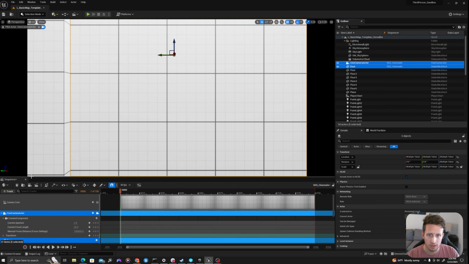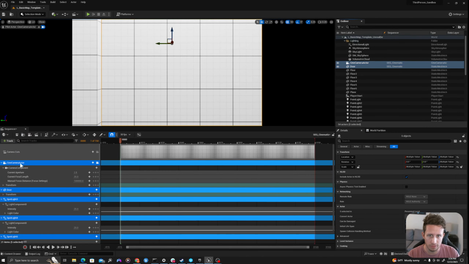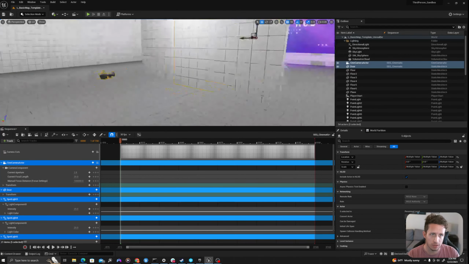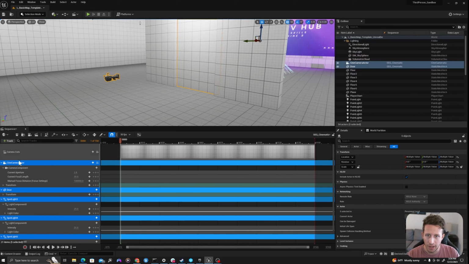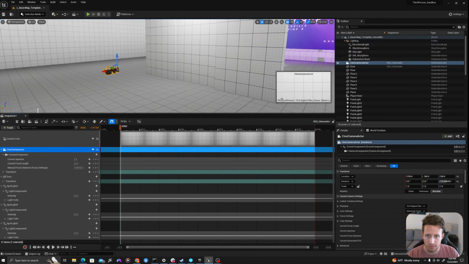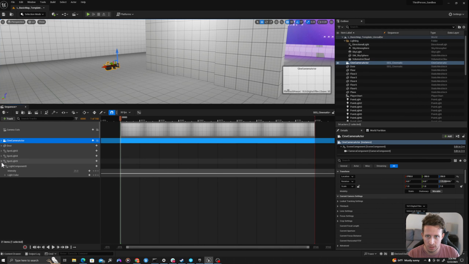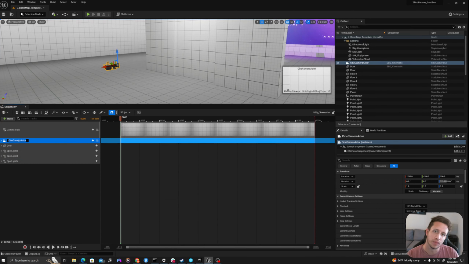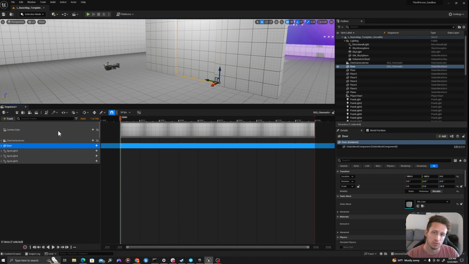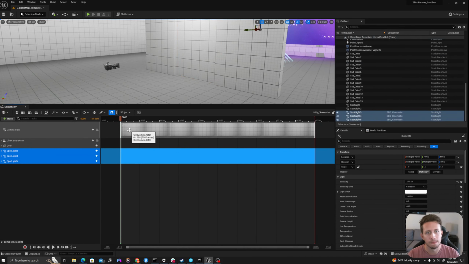So once I've done that, it's going to immediately pop me into the view of my Cinecam actor. If I click this little white camera button here, I can go out of that. So I just have my sort of player camera. And you'll see that it has created a track for values associated with each of these. So I'm going to collapse all of these. So we have our camera, our door, and our 3 spotlights.